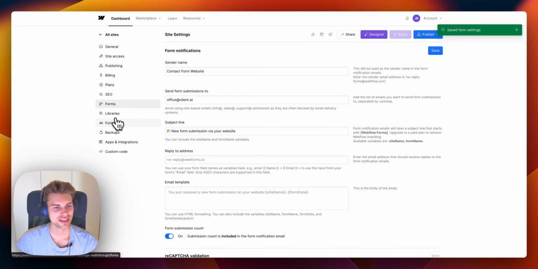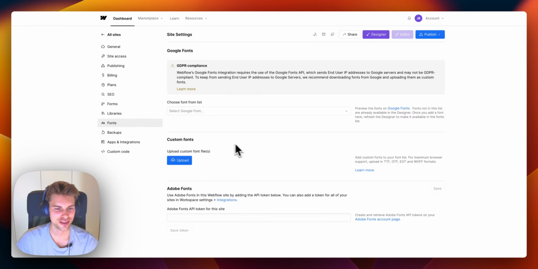For libraries, we don't need anything. Inside of the fonts tab, once we have built out the website and set everything up, just make sure to delete all of the different fonts and font weights that we aren't using. That way we can decrease the loading speed of the website as well. And we don't need the backup tab, we don't need this tab, and we don't need everything in the custom code tab. So those are the different project settings which I set up for every single client project I complete inside of Webflow.